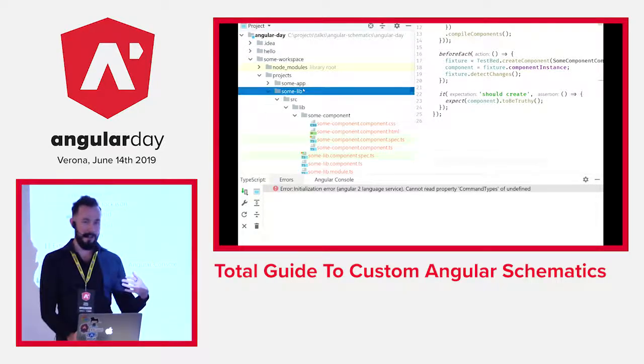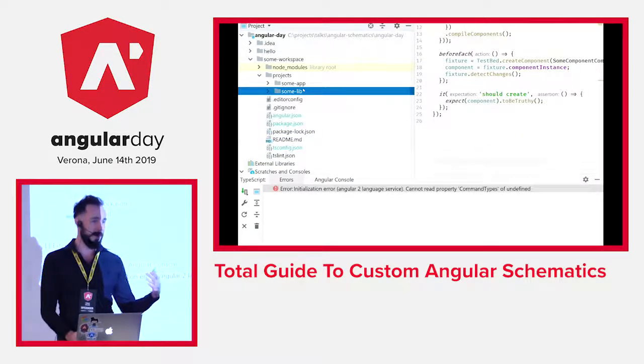And yeah, there are many schematics provided out of the box by the Angular CLI. There are also many schematics provided by third-party libraries like Angular Material or NgRx. But you could also create your own custom schematics for your open source library, or in an organization. Let's say you have a big organization, some insurance or banking, with many projects and many developers, and maybe you have your internal data access library, or